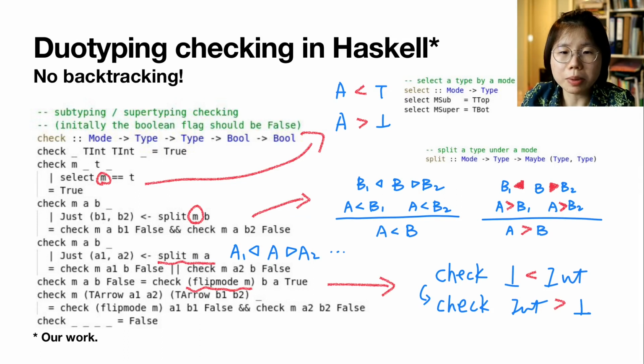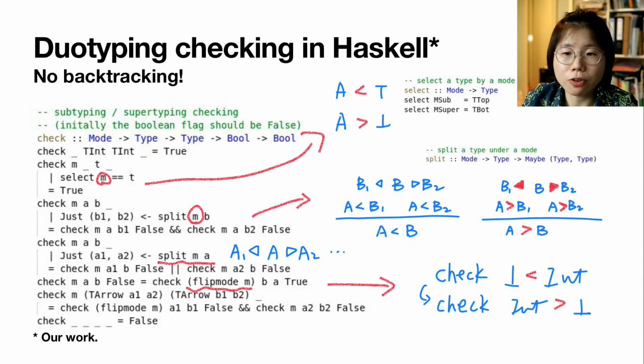With the dual typing, we now get a very compact implementation in Haskell. In Haskell, we define a check function that takes a mode and two types, with a Boolean flag to mark if it has already been flipped. So